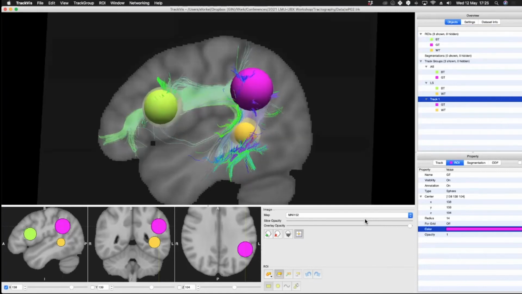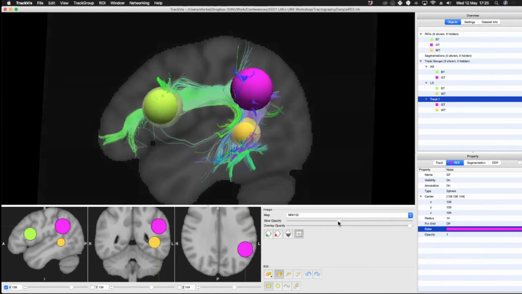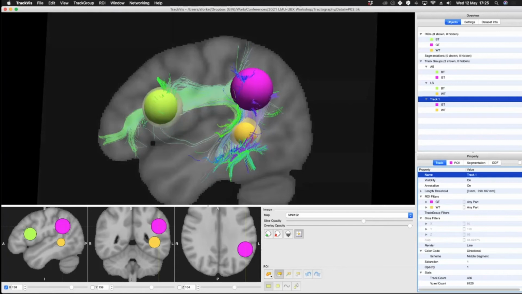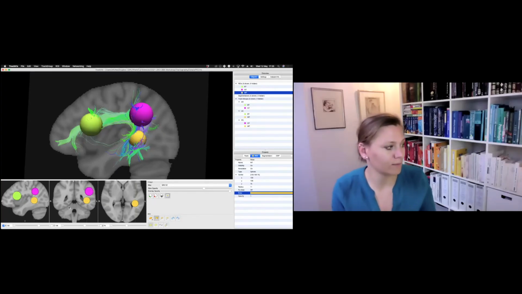Now that change in color, just briefly, is due to the orientation of the connections as well. And we're going to talk about that in more detail after the next break. So don't worry about it too much for now. Right, and then you know the drill. Property window, track, rename. I'm going to call it PS for posterior. I'm just going to give you a minute